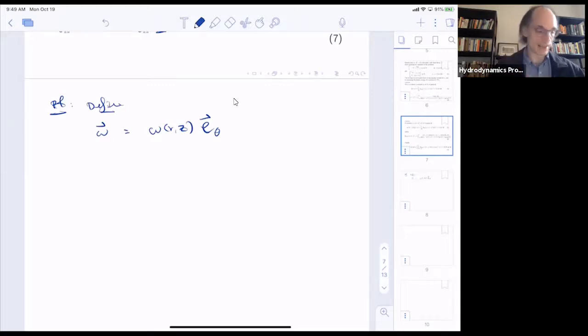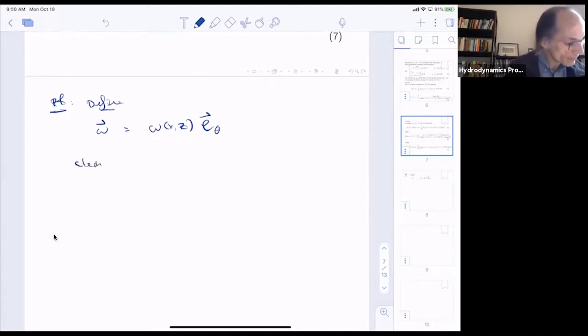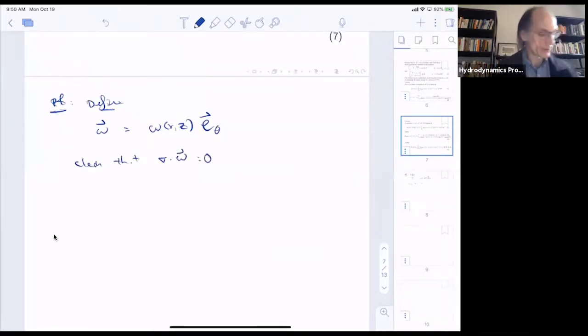Again, R is the distance from the z-axis, and so on. So it's clear that this is 0. It's easy to check, but we know what the divergence means. We know this is purely rotational flow, and so its divergence has got to be 0. Okay, and so we can find